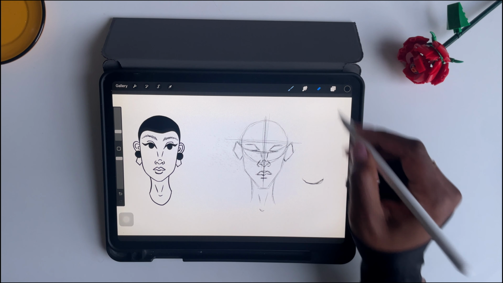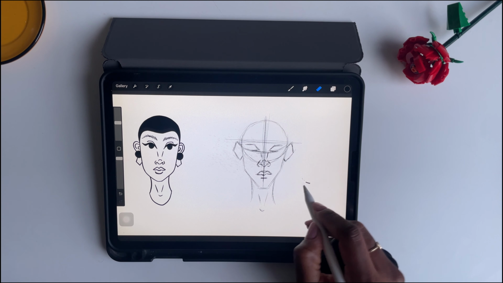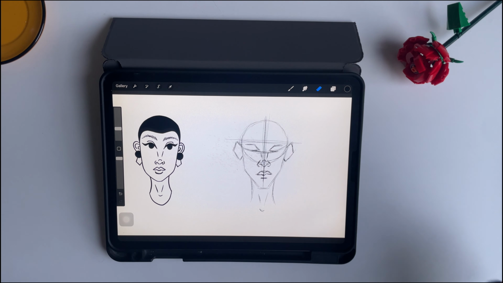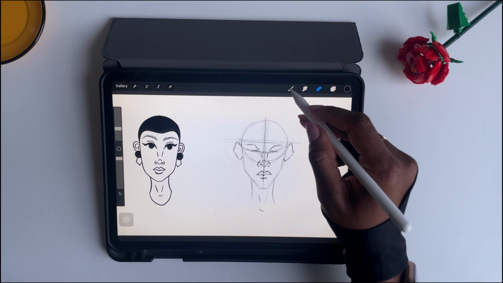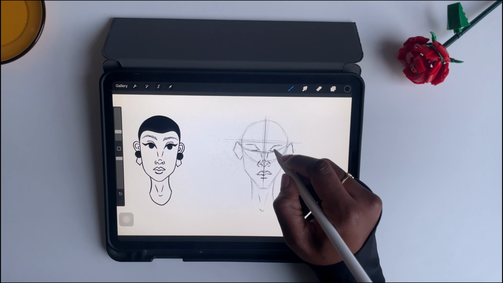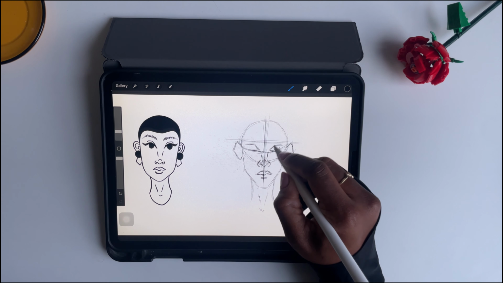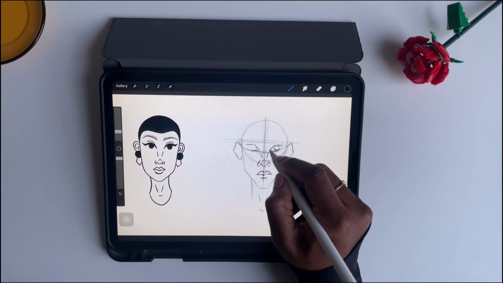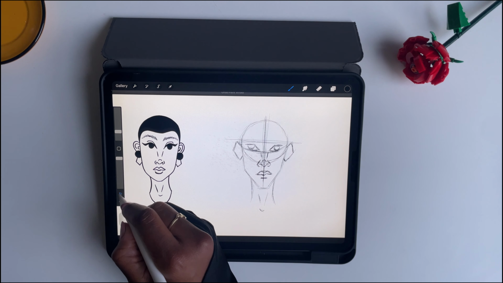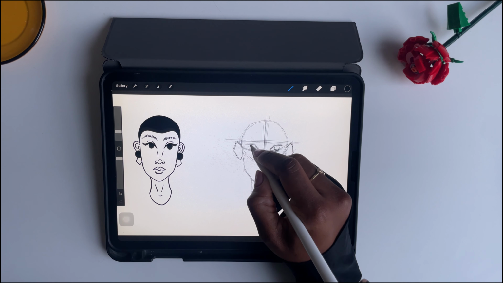Again, play around with the shape that you feel more comfortable with, or not even feel more comfortable, just play around with the shapes, because this method really allows you to explore and be free. And then for the eyes, I can just do something like this, right? And then, oh, I do not like this one. And then I guess she's looking a little bit off to the side,